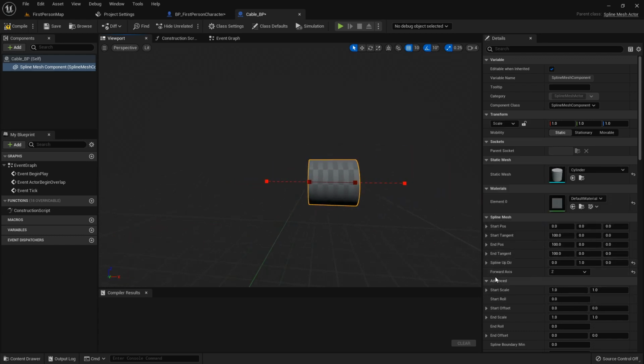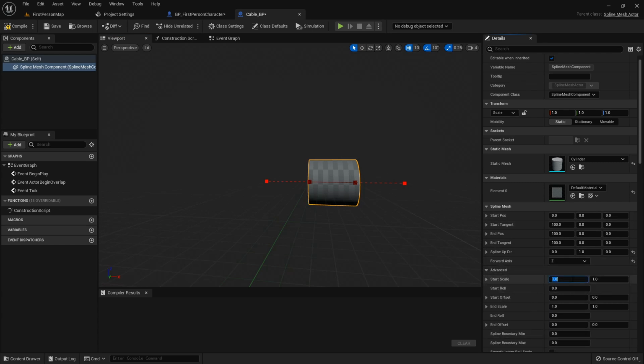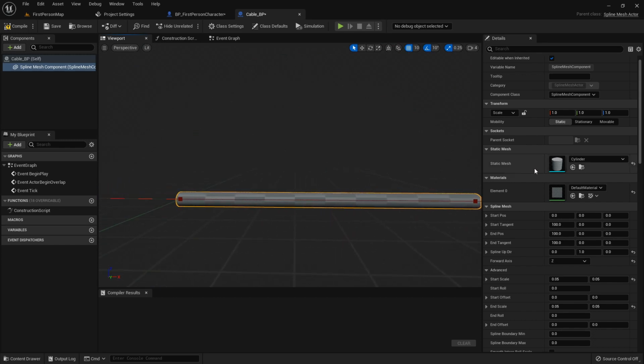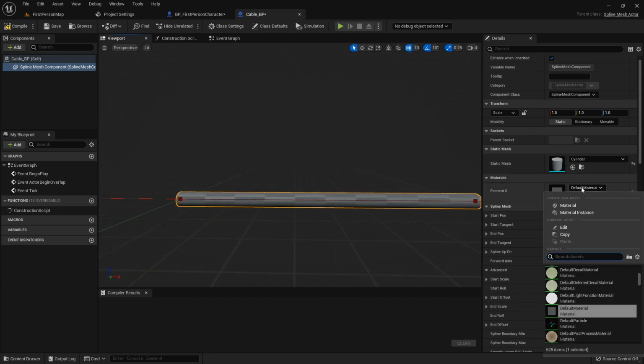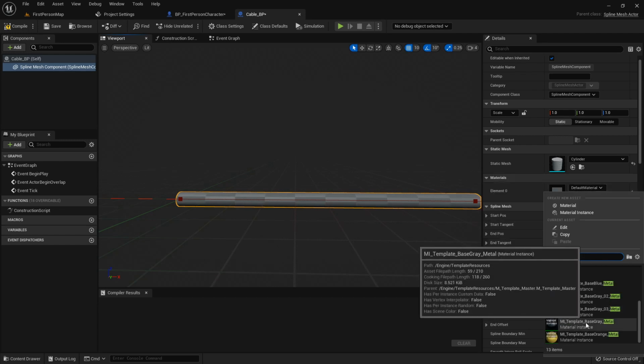Alright, and for the scale, if your spline mesh looks like this, you can adjust the scale of it by clicking this drop down on the advanced. Start scale, I'm going to say 0.05 on the X and the Y. And the end scale, same thing. Yeah. Now we're cooking with peanut oil. Alright. That was very upsetting the last time, where it was like, why are you not functioning with the same parameters? Anyway, alright, let's jump ahead and we'll add a